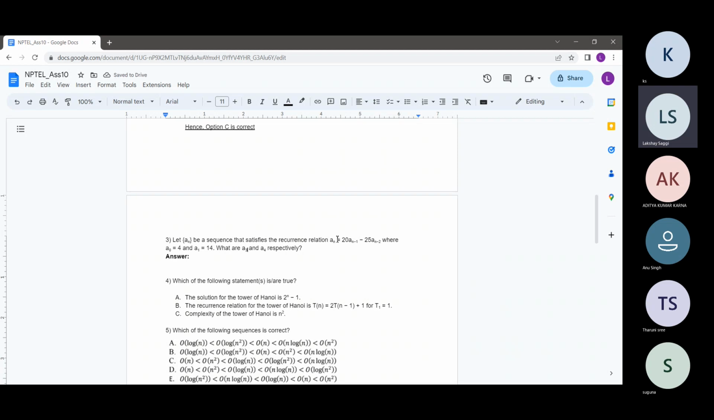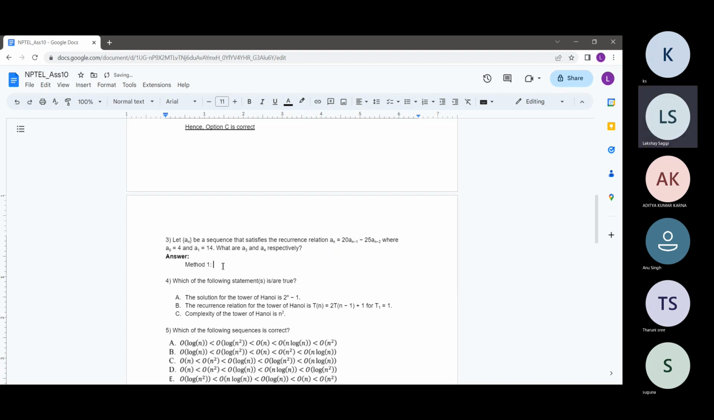So this is the standard recurrence given to us: a_n is 20 times a_{n-1} minus 25 times a_{n-2}. We are given a_0 and a_1, and we need to find the values of a_3 and a_4. So one way is,